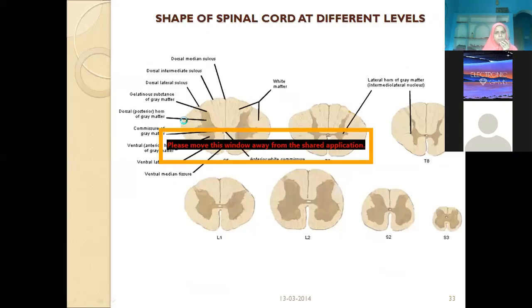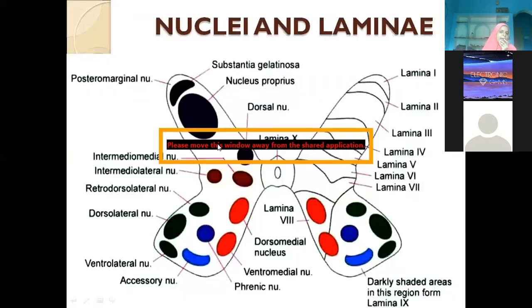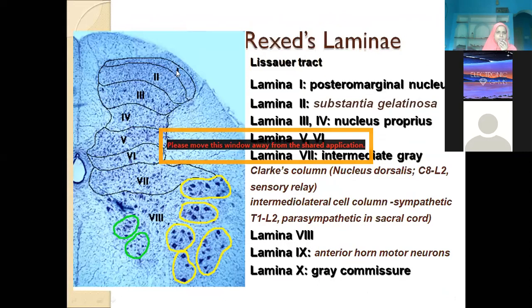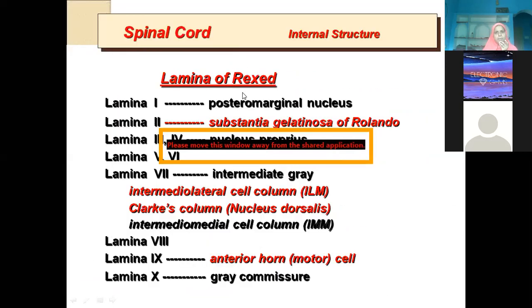So we classify in two ways. But laminae generally we don't take into consideration, though you generally consider from the nucleus. All these are laminae, for which a special type of stain has been used. In lamina 1, which nucleus is there? Posterior marginal nucleus. Lamina 2, substantia gelatinosa. In 3 and 4, we have nucleus proprius. Like that, we either take it in the form of lamina or in the form of nucleus. It's written here. Spelling: lamina of Rexed.